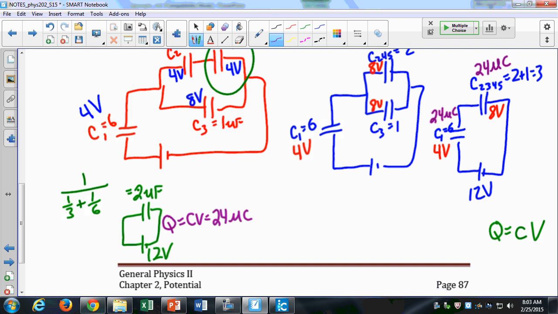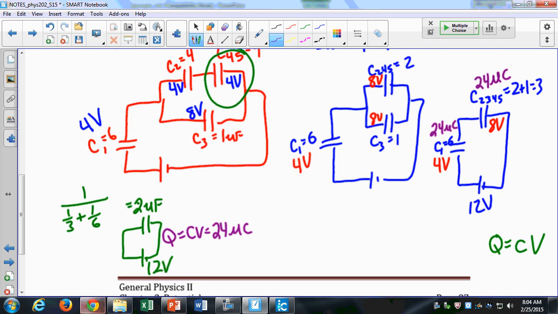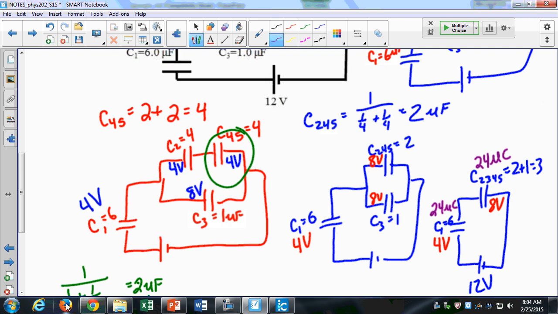And because they're in series, they have the same charge. And now that I know the charge and the capacitance, I can find the voltage. V is equal to Q over C. V is equal to 24 divided by 6. And similarly here. So now I find these voltages, just looking at that one in that way. And then I can do the same as what I did over here. I have 4 volts, 8 volts, and 8 volts, which I found here. Right. Now, on this top one, right here,